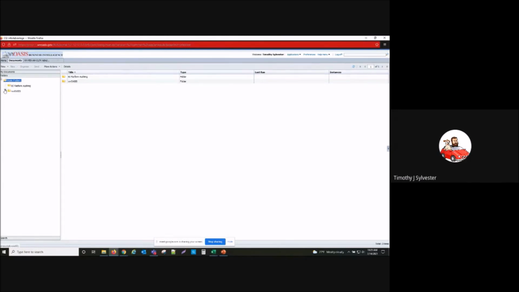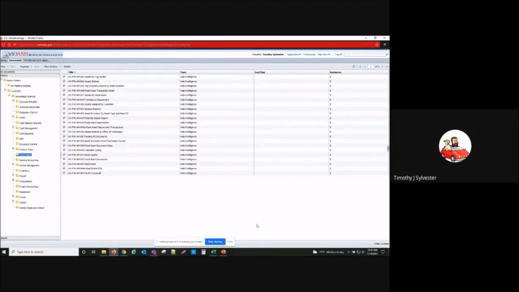this is where all of the reports are located, and you would expand all your folders. So I've got public folders, wvOASIS, Advantage Financial. And then I'd click on this fixed asset box, and here's where all of the fixed asset related reports are located. I believe the 3 big ones that I had listed for vehicles are the AM17V,